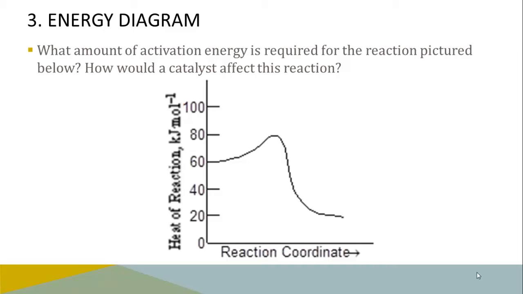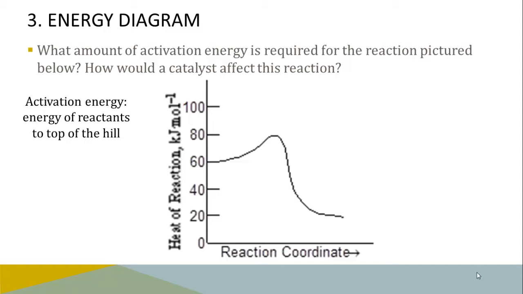Next question has an energy diagram. So what amount of activation energy is required for the reaction pictured, and how would a catalyst affect this reaction? So activation energy is the amount of energy that I need to absorb. It's the endothermic part of any reaction, and it's that energy that I have to absorb in order to break